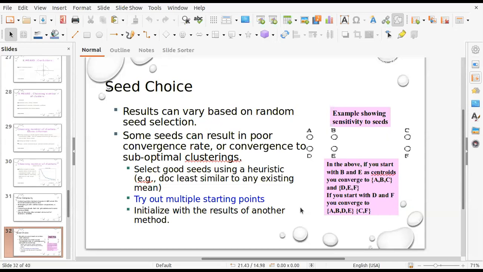Another method is we can say that the groups have converged once we find that in two successive iterations, wherein we are recalculating the cluster sums and assigning the points to the different clusters, the belongingness of the points to the clusters has not changed.